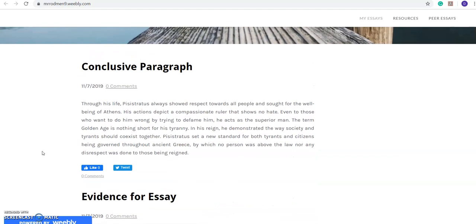And finally, I have a conclusive paragraph. I will have students write, throughout the semester, actually all the body parts of an appropriate and academic research paper. This is what I would have students do throughout the whole semester, but it's just a way for them to keep it organized. If we go next to the resource tab,